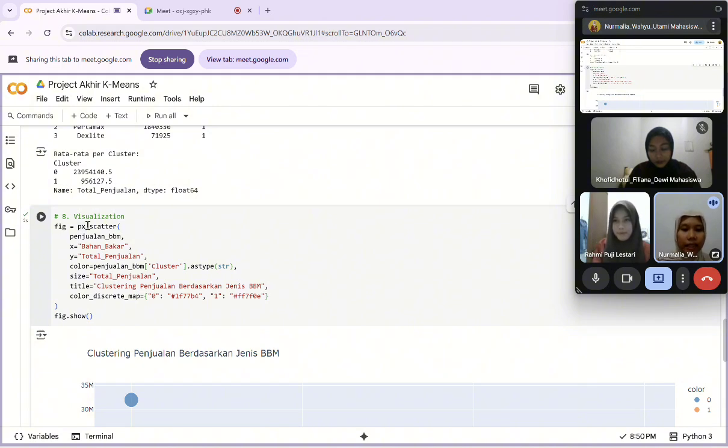The x-axis indicates fuel type, the y-axis shows total sales, the dot size indicates the number of sales, and the color differentiates the clusters.